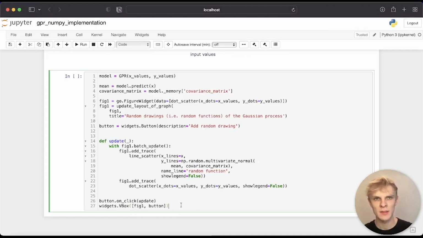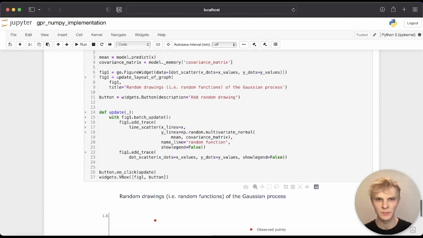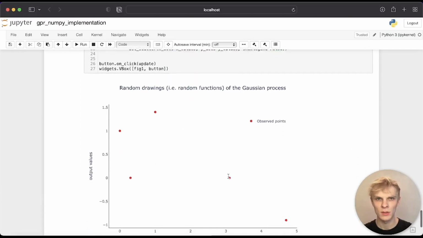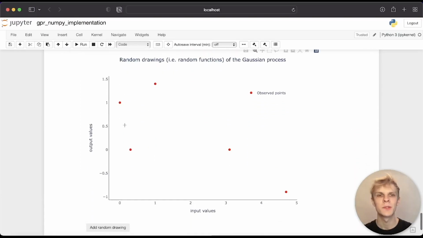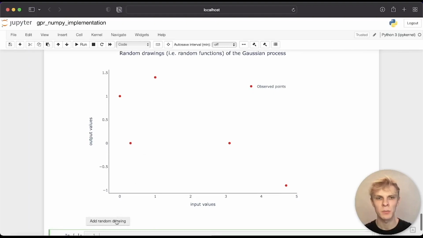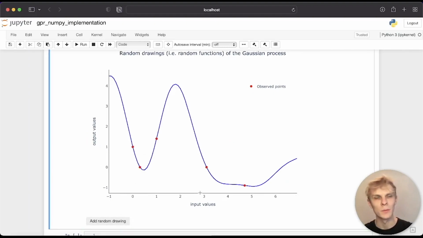So here I implemented that we can visualize a random drawing from our GPR. Let's see if this works. Okay, so here you see our observed points. And when I press the button add random drawing, we add a random drawing. So this blue line here is the mean of, sorry, it's not the mean. It is a random drawing from our GPR. So it is in some sense a random function. So we can do this again